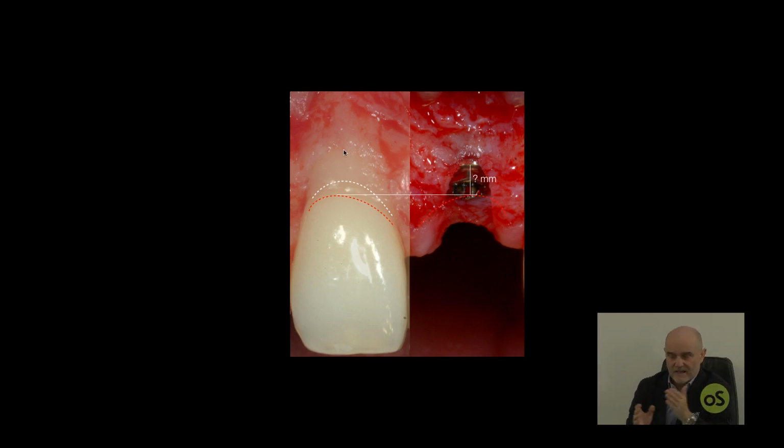bone normally is at a distance from the cement enamel junction and from the soft tissue margin of the adjacent tooth of about 3-4 millimeters, because this is physiological in an area where normally the bone is quite thin. Most of the patients underwent orthodontic therapy in order to realign these teeth perfectly in their mouth. And so most of these patients have the bone which is not exactly at 1 millimeter distance from the cement enamel junction, but it's always 2 or sometimes 3 millimeters, which means 3 to 4 millimeters with respect to the